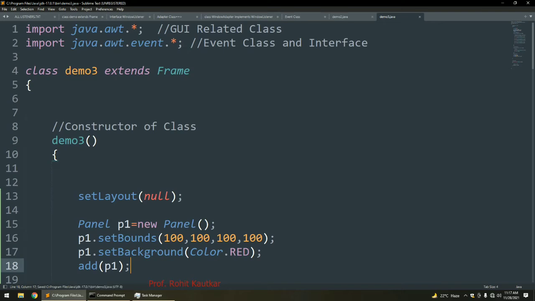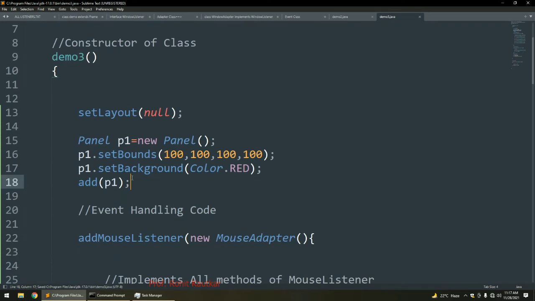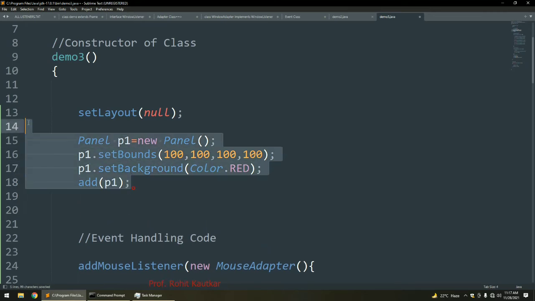Panel p1 should be there. Now we want to handle mouse entered and mouse exit. As soon as I move my mouse inside this panel, which event will occur? Mouse entered. And as soon as I move the mouse cursor outside of this panel, which event will occur? Mouse exited. So we will register the source with the listener.